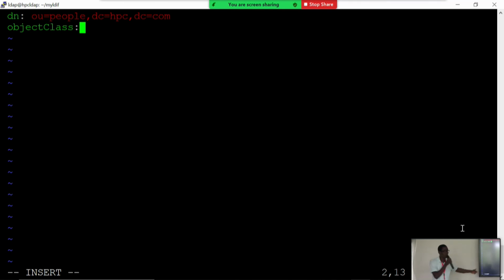Because somebody will be like, do you mean I will keep doing this every time I want to make an entry? No. If you have an LDAP browser, you don't have to be doing this. Then if we can write scripts, you don't have to be doing this. But it's easier for you to understand it this way. Because by the time you are using somebody else's browser, they will add their own to it. They will force you to go in one direction, the direction you are not willing to go. You'll be forced to go in that direction. ObjectClass, that would be